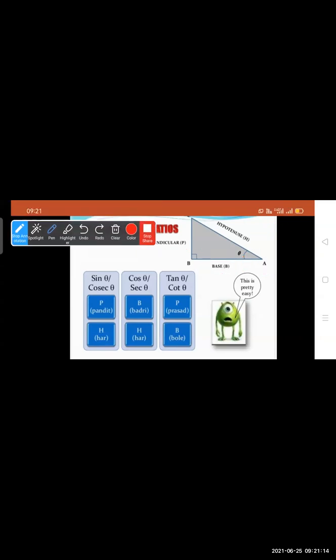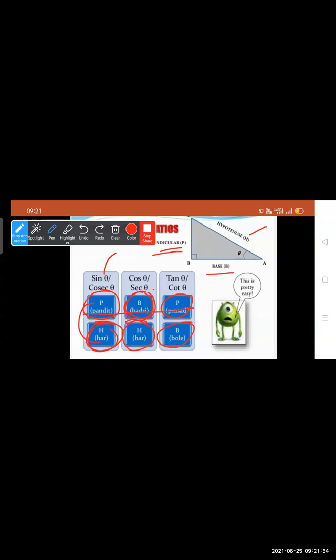Okay, now see, sine, cos, tan. So remember Pandit Badri Prasad Har Har Bole. Pandit Badri Prasad Har Har Bole means for the sine function, Pandit means perpendicular height, Har means hypotenuse. Pandit Har, Badri Har, Prasad Bole. So here we read Pandit Badri Prasad Har Har Bole, right? So from this we find P upon H, perpendicular height upon H, that is called sine theta.